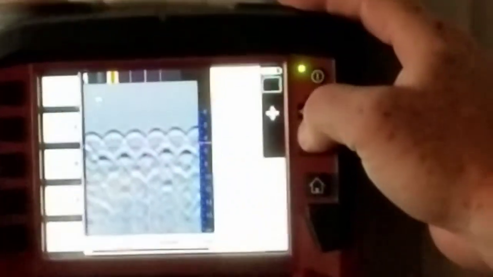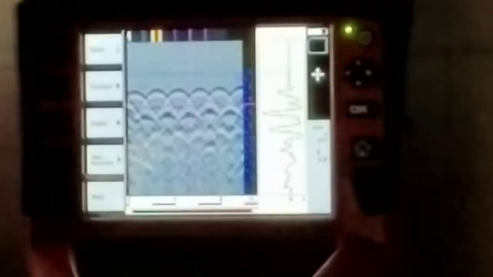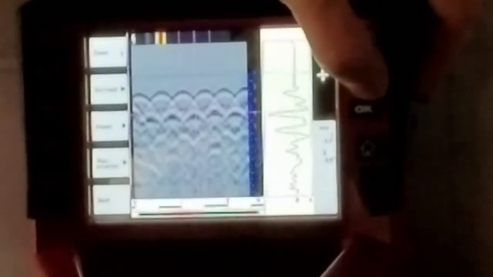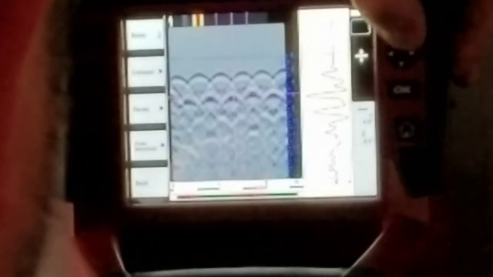And then if we go down, you can see that some of the rebar is at 4.8, 4.9. You would move it then to down here. You look here, and I think this reading